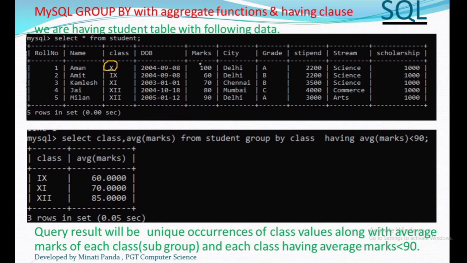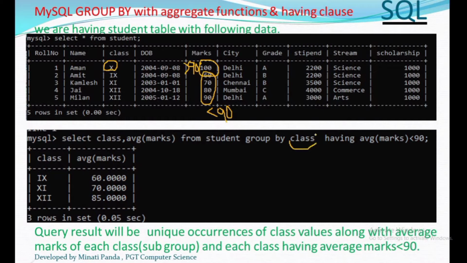The average marks of these students will be (80 plus 90) divided by 2, and it will be 85. The query result will be unique occurrences of class values along with the average marks of each class, with each class having average marks less than 90.